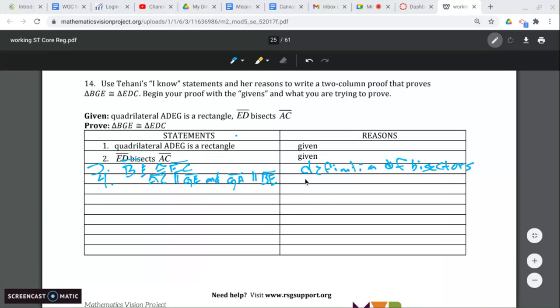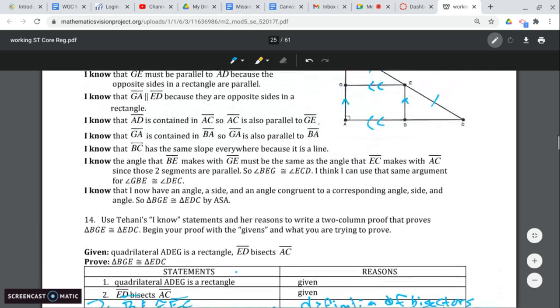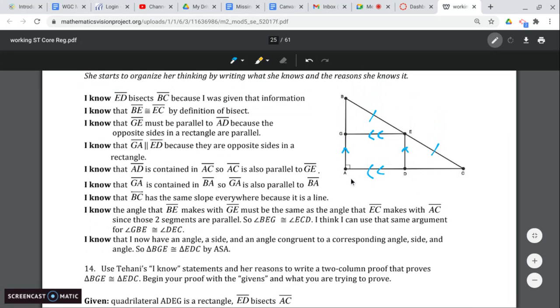So our reason for this one is rectangles are parallelograms. So rectangles are parallelograms. All right, so now because of the fact that we know that those are parallel, because we know these are parallel, we know